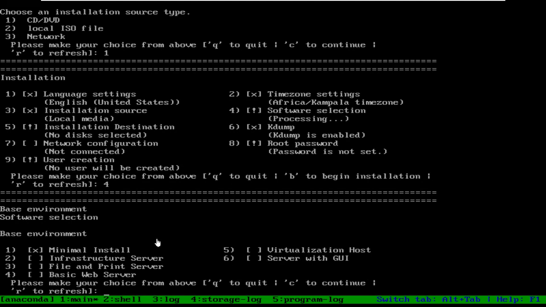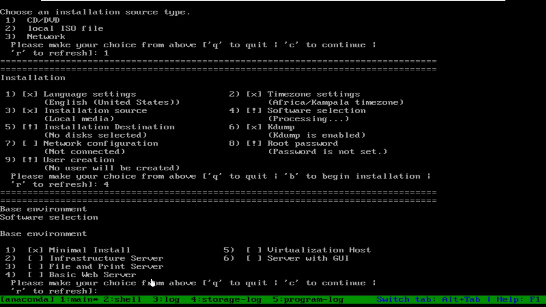Now this TUI method of installation has fewer options than the graphical installation. In graphical installation, at this same step number 4, you will see one advanced options. That means whether you select any of these, instead of that you can select some extra software to install.